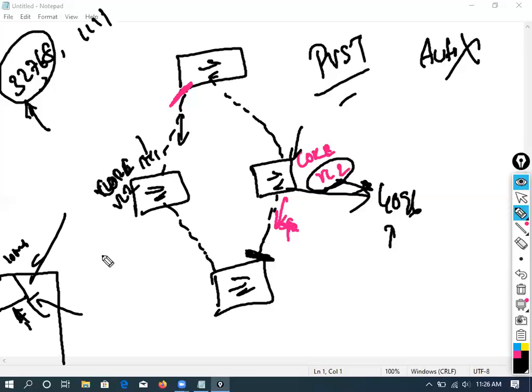Okay, here comes the architecture. You have the layers here. As per Cisco, they have given a 3-tier architecture that we'll discuss later. So: core layer, distribution layer, access layer.